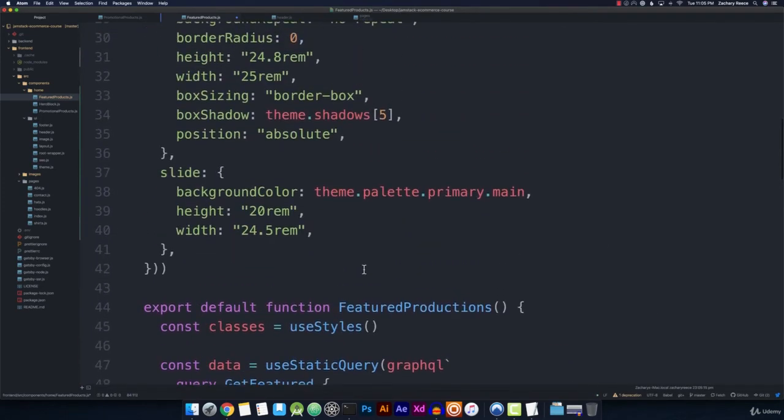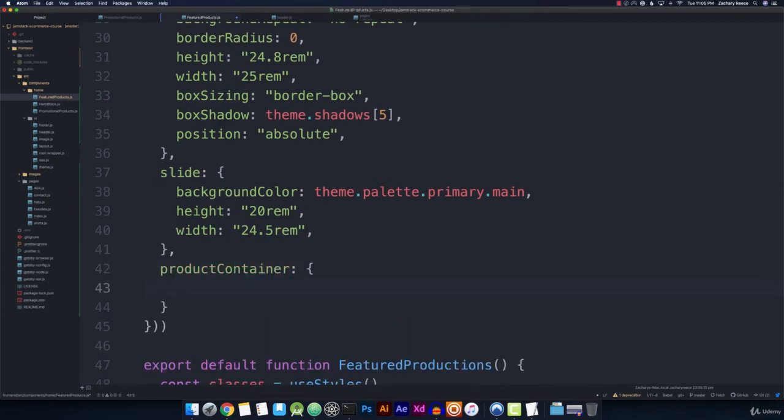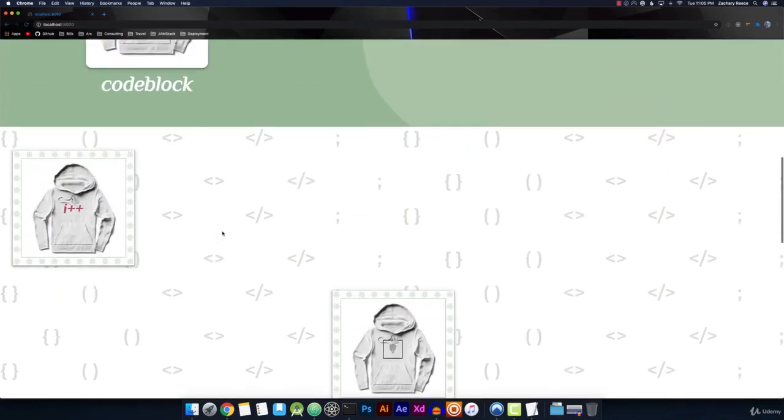And then we can come up, create our product container class. We'll just go ahead and give it a margin of 5 rem on the top and bottom and 0 rem on the left and right. So let's go ahead and save that, and that'll go ahead and space out all of our